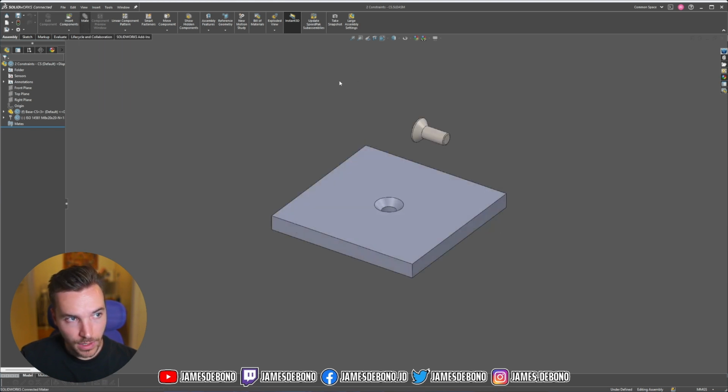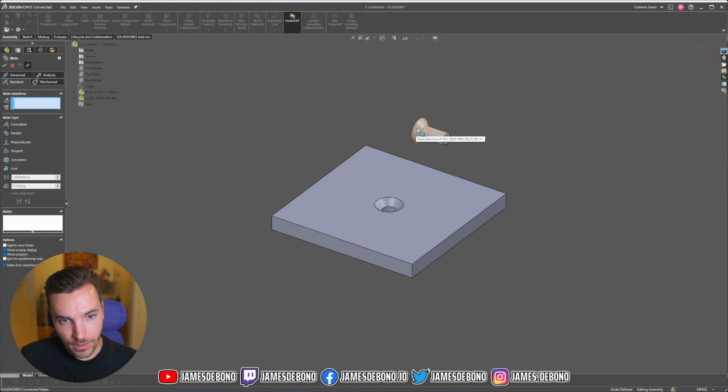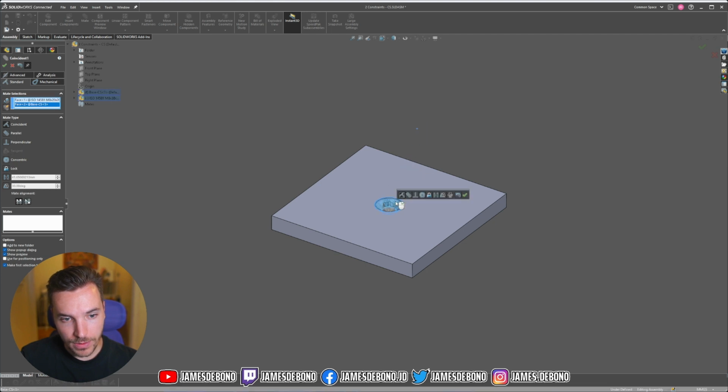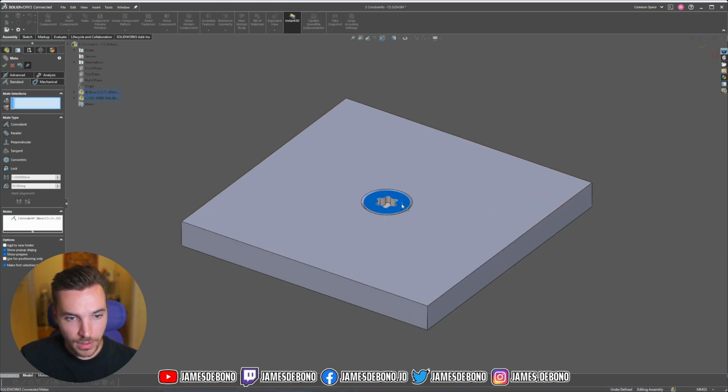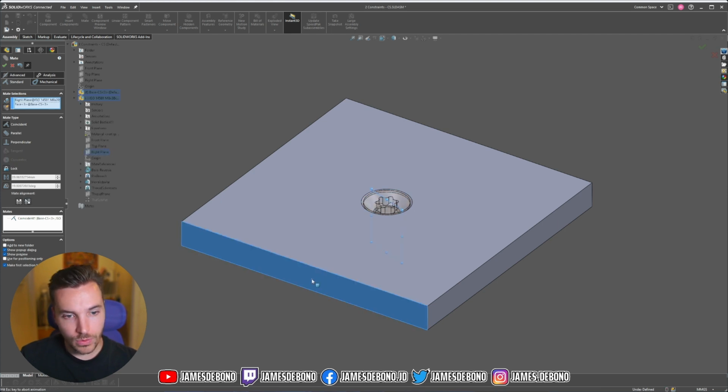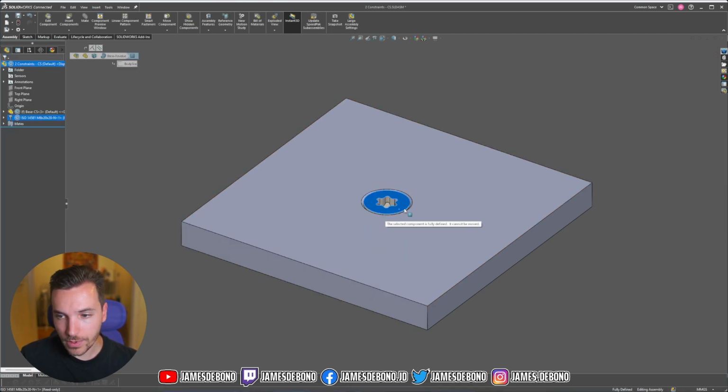In this case, I can add a mate to the countersunk face, or the conical face of this countersunk screw, and mate it with the conical face of the countersunk hole. Now this is constrained in the y-axis, also in the x and z axes, but it can still rotate on the y-axis. So we need to add one extra mate. If I mate the right plane of the screw to this edge of the plate, it's fully defined in space